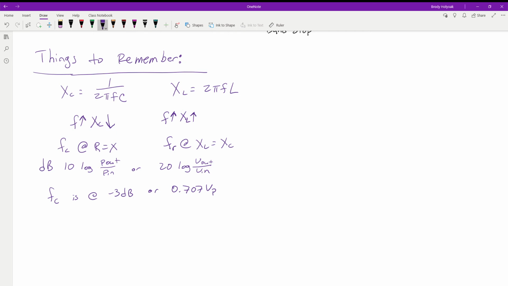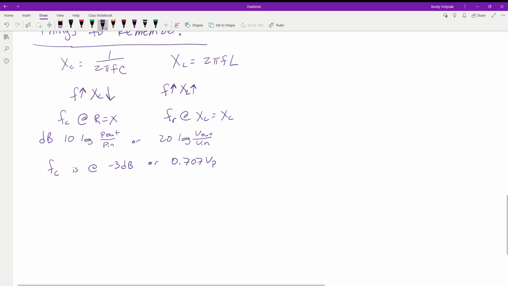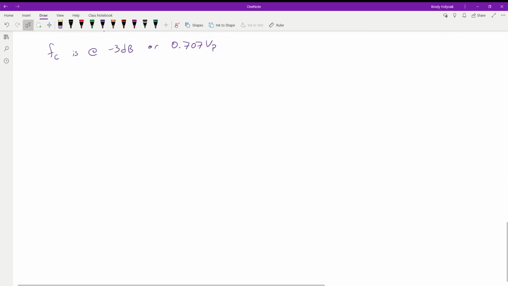And the last little note is that our critical frequency is one of our 3 dB points, the half power point, 0.707 of volts peak. That's the idea we're looking for with this critical frequency. This is kind of the limit that we consider good, that we want the data, or bad if it falls below it, that we're going to reject. So with that being the case, let's continue on and learn more about the actual filter types themselves and how to use them, keeping all the rest of those things in mind.